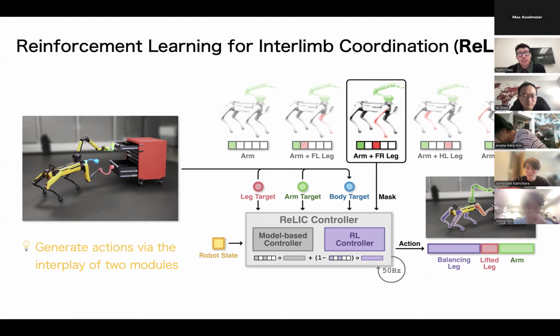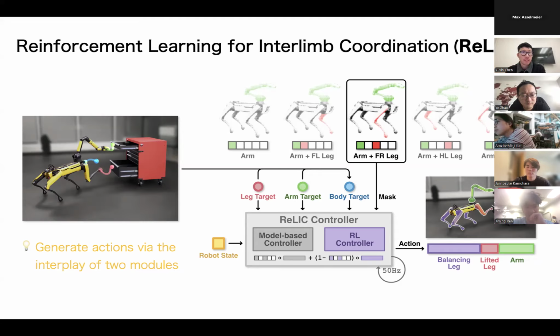For the lower body RL controller, during training we do some domain randomization to account for the external forces exerted on the upper body, the end effector, and also the lifted leg. So the lower body tries to robustly reject any potential disturbance. But if the force is too large, it can still lose balance, as I mentioned in the failure cases.